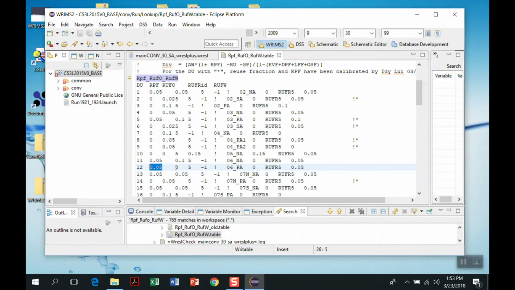Then the reuse is 0. Basically it says, okay, this demand has low reuse right now. So that basically answers our first question. Now the second question is, what's the gross diversion demand unit 06_PA in July